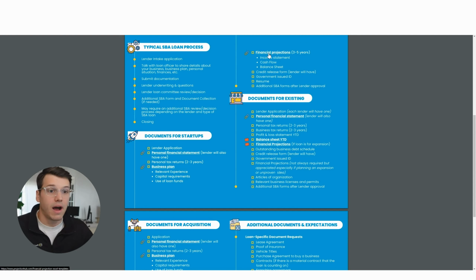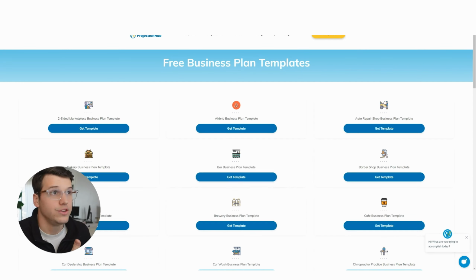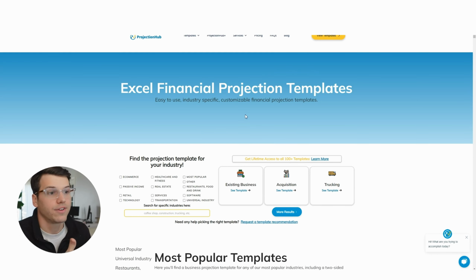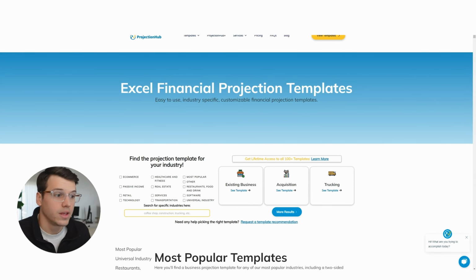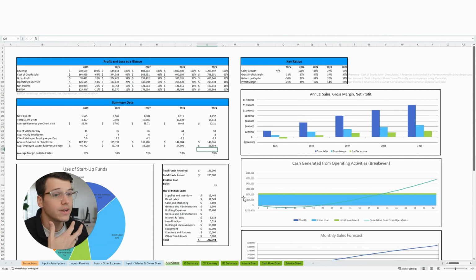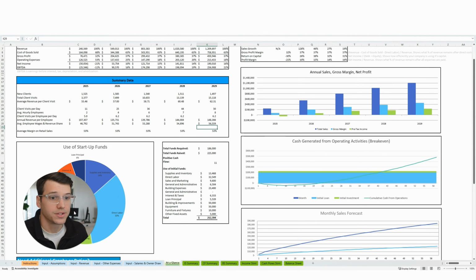Now, financial projections, obviously we're a little biased at Projection Hub. These are the most important parts of your application if you're a startup. This is what a lender is making a decision on. Let's assume you're relatively solid personally in your financials. Next is they need to have confidence that the business is ready to go. So financial projections, a shameless plug. We do have over 100 different industries that we have projection templates for. These are not free, but they are not expensive. These are less than $100.